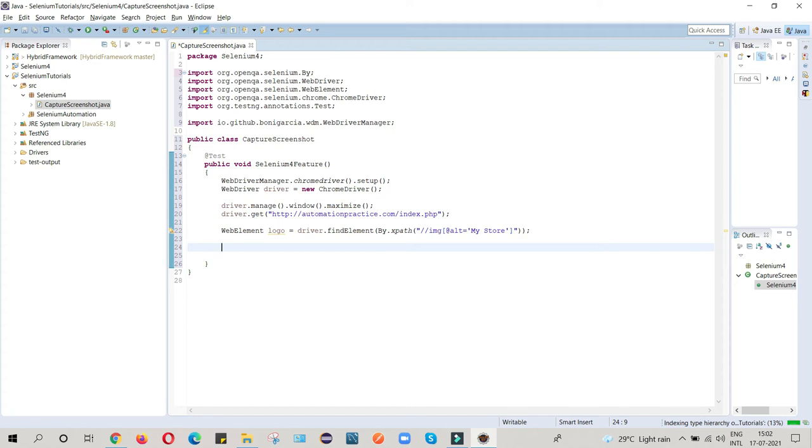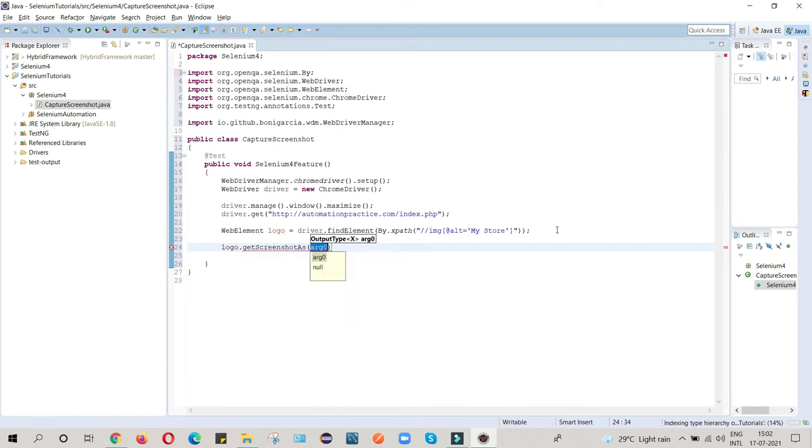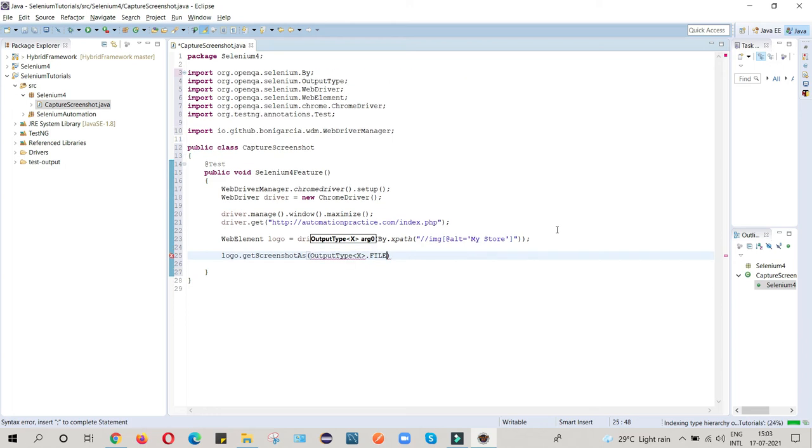I can write logo.getScreenshotAs, and here I will write OutputType.FILE. Because the screenshot which we captured should be returned as a file.